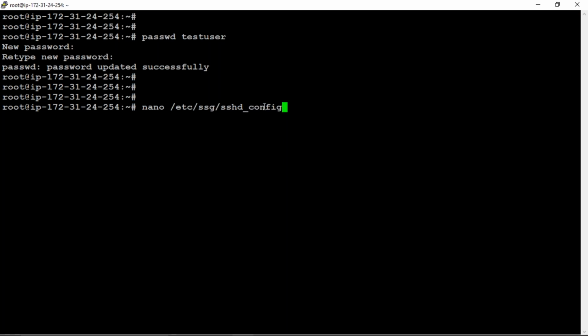We need to change this permission for the users in this path: nano space slash etc slash ssh slash sshd config.